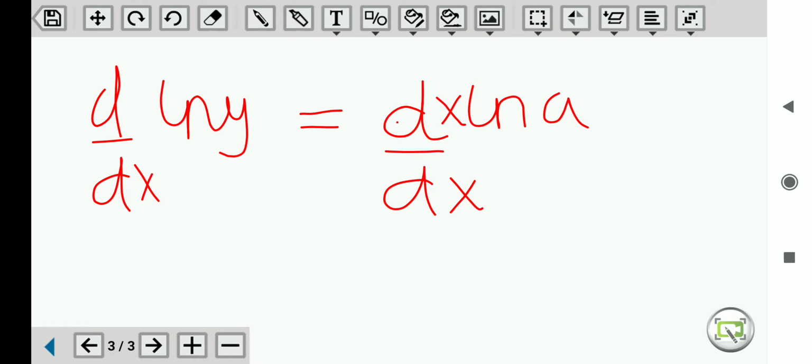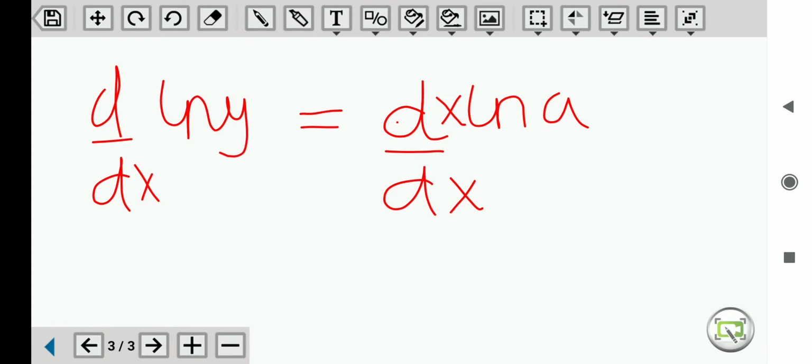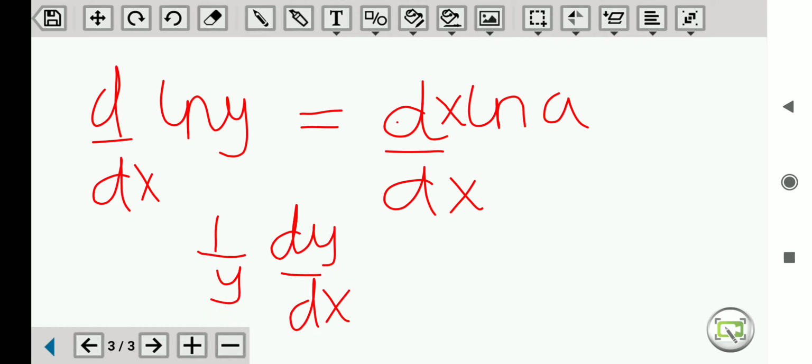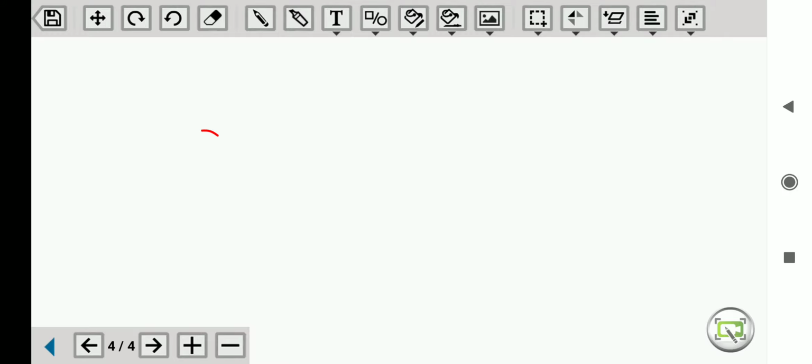Here differentiation of ln y will be equal to 1 upon y dy by dx, which will be equal to differentiation of x ln a, which will be ln a. Since differentiation of x is 1, here the coefficient is ln a, so it will be ln a. Now what we have to do is make dy by dx the subject, we will be getting